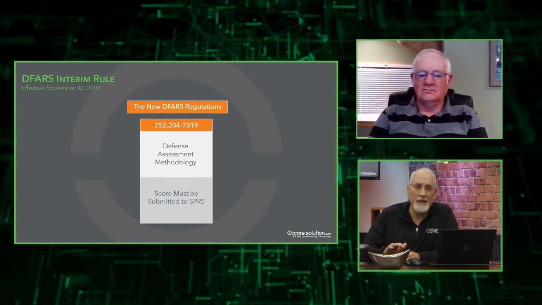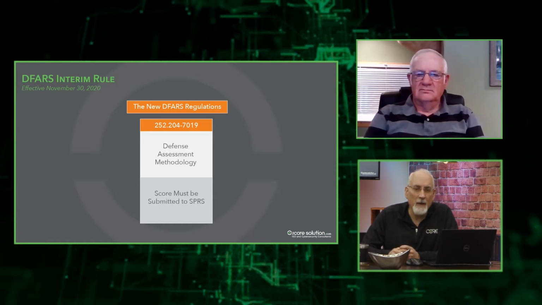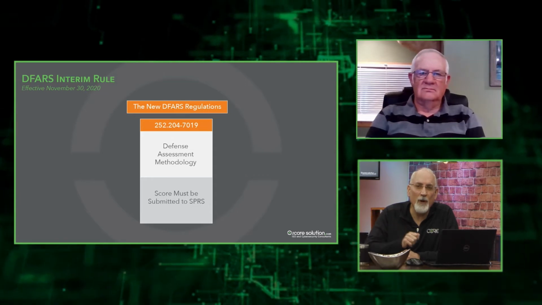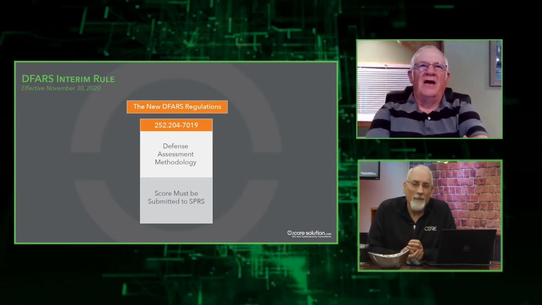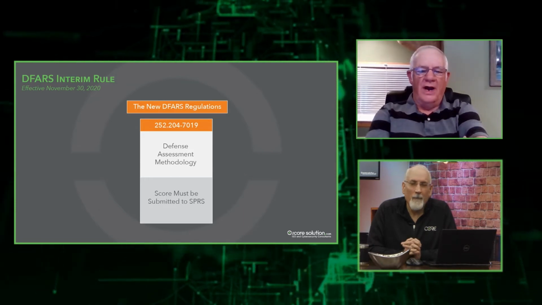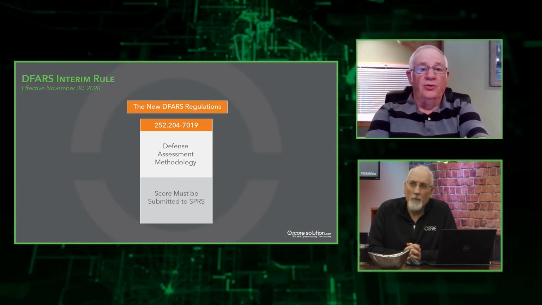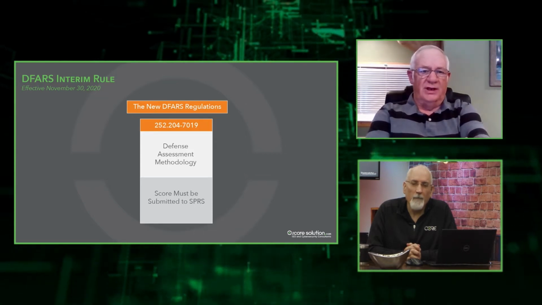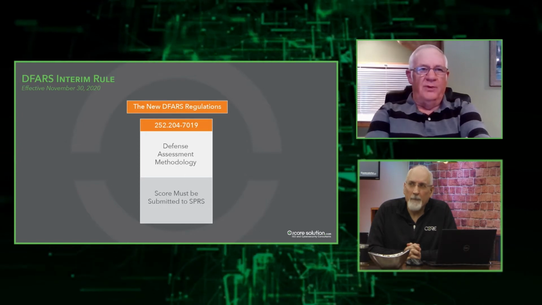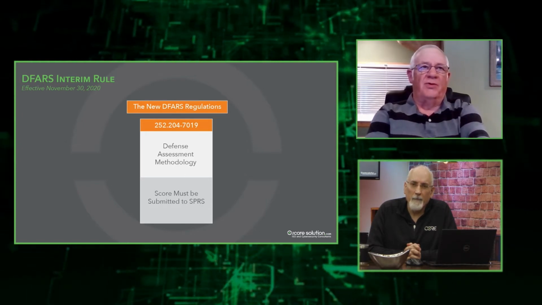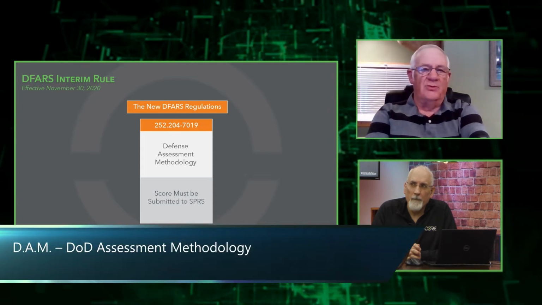These are new as of December 1st last year. Let's talk about 7019. That ups the pressure on contractors, I think, doesn't it? Yes, it does. As of November 30th, it requires that all contractors looking to do new business submit a score to the SPRS database. What that means is that you have to provide information based on your self-assessment and register